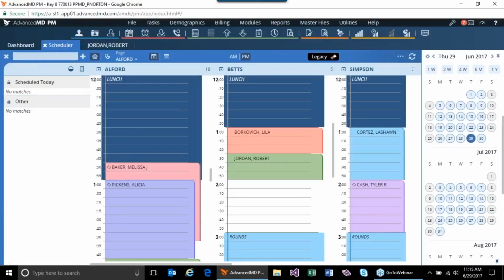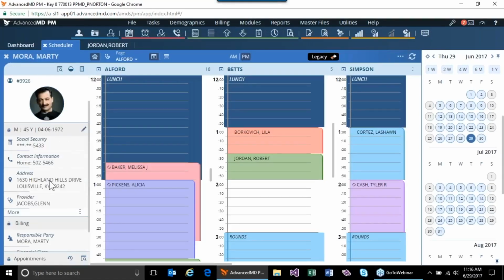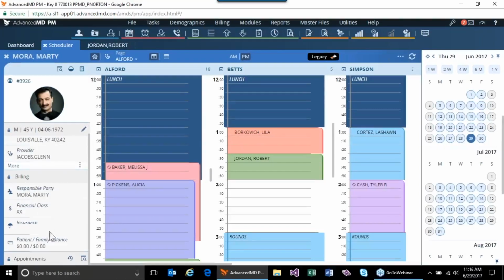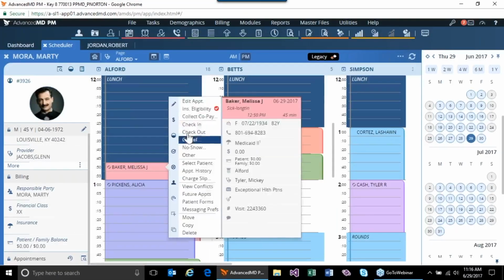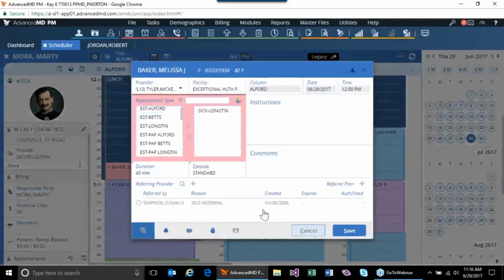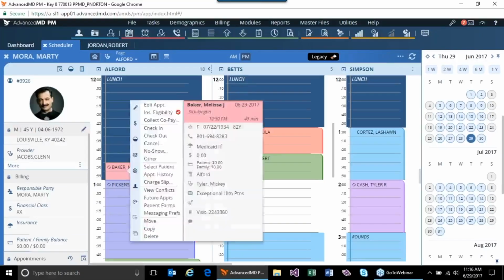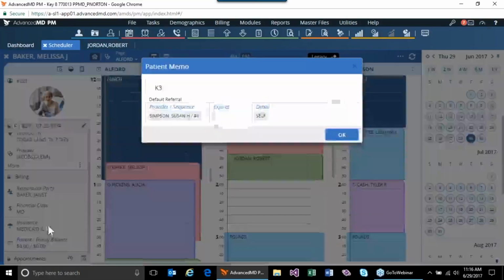your office has a workflow where you commonly will search for the patient, let's say that I searched for my patient here, very dapper looking guy, and he's called in, he's not in the office, and I need to make a change to a future appointment. If he had a future appointment, it would be listed down here. Unfortunately, this patient doesn't, so that was a horrible example. I apologize, I selected the wrong patient. If I select the right patient and choose Select Patient, sorry, I'm all over the place here,